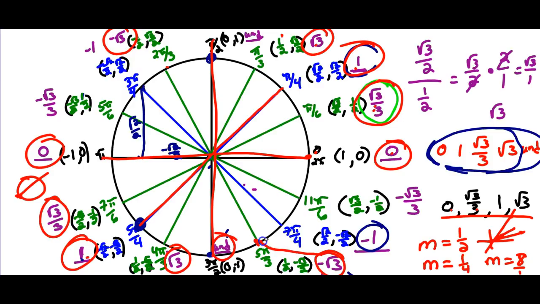This one right here connects to this guy right there. This one's shallower, so it's going to be the one with square root of 3 over 3. Because it's going downhill left to right, it's going to be negative square root of 3 over 3. All right? So all in all,